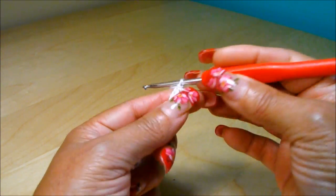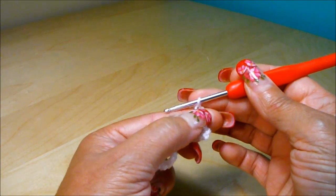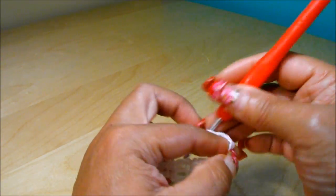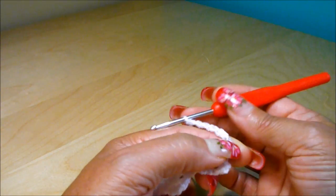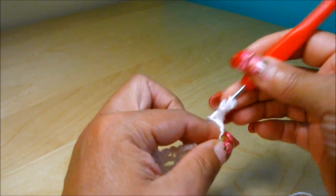So you're going to do 2 chain for separation, 1 for the single crochet, excuse me, 1 for the double crochet, and chain 5. 1, 2, 3, 4, 5. I keep saying single because it's just 1. Okay, now I'm going to do the double crochet in here,